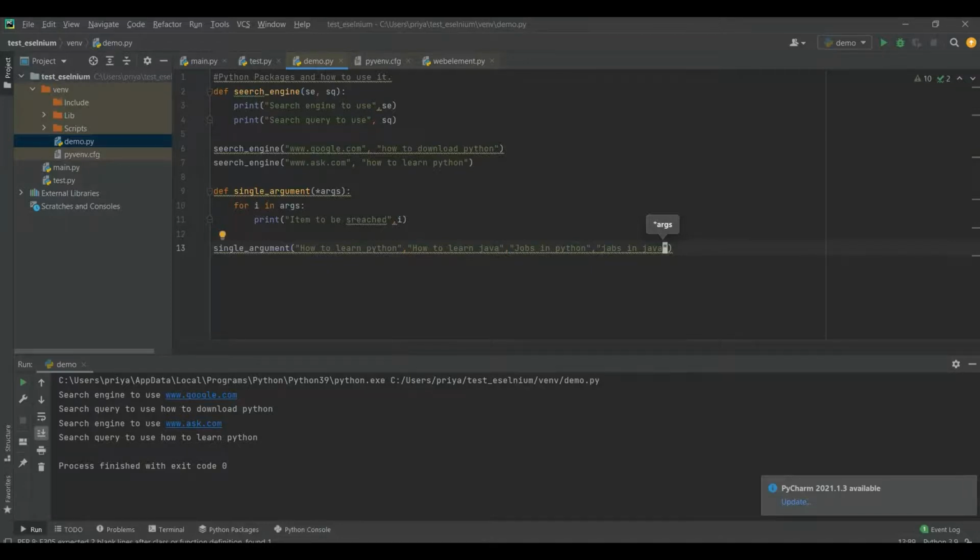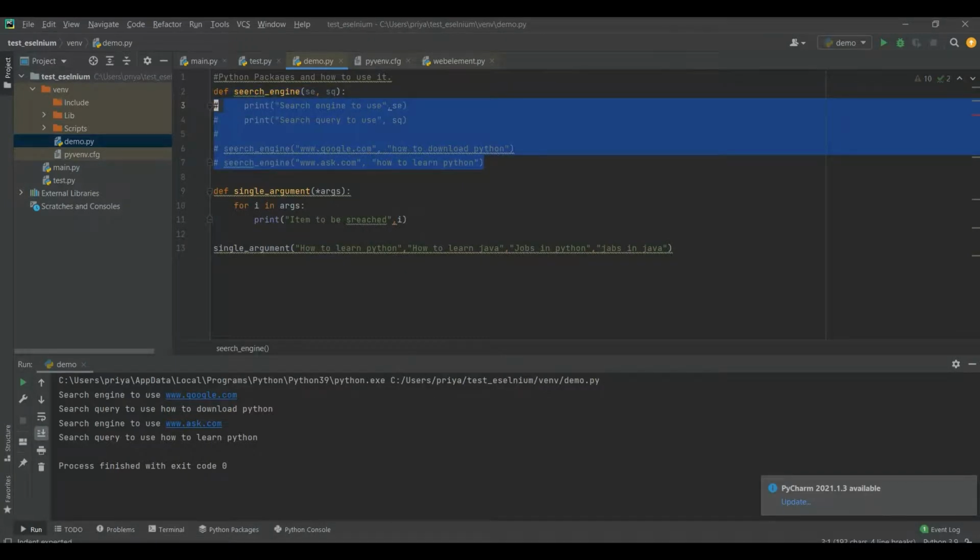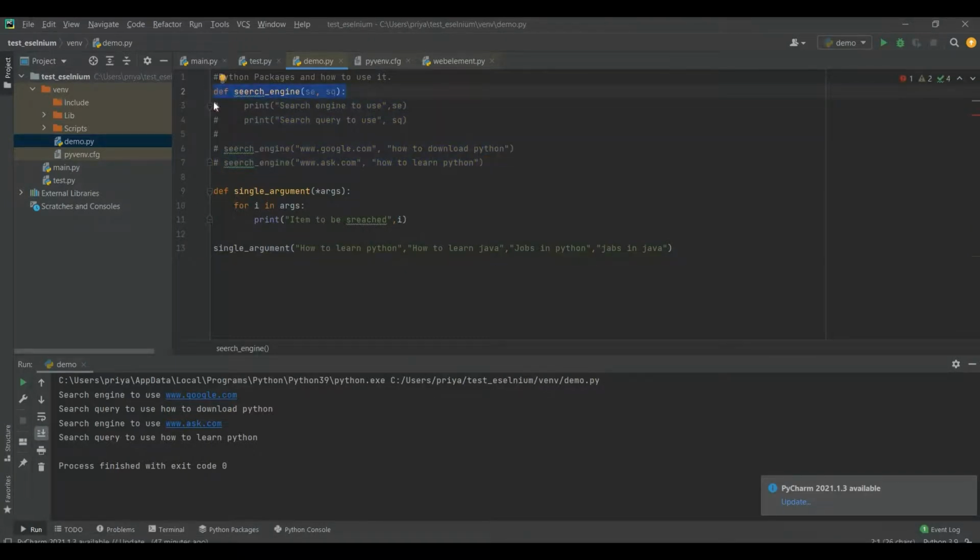Let's save it and comment out the previous functions. Now let's run this. You can see item to be searched as how to learn Python, how to learn Java, jobs in Python, jobs in Java. Similarly, we can simulate the same thing in Selenium, which I will show in the next video.